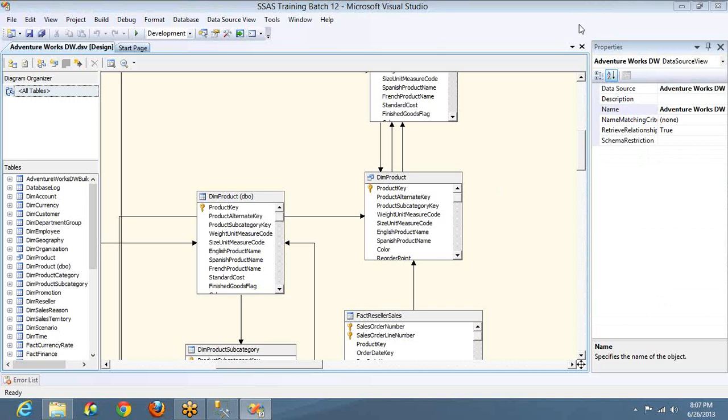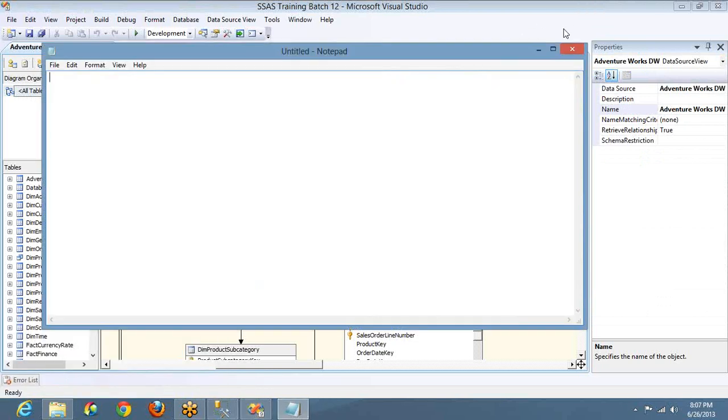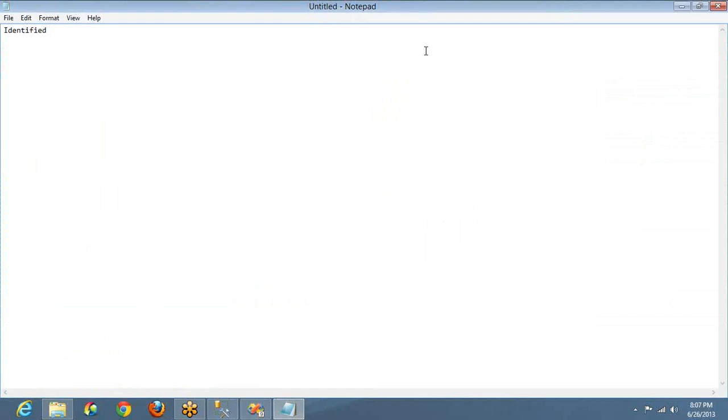And what is the next one? Identifying the columns that are required for your group by statement. Hope you remember that, which we discussed. So first, identify, correct me if my spelling is wrong, I'm poor in these spellings. Data source, we have done that. Next, tables or views that are required. And third one, which is dimension or fact table.